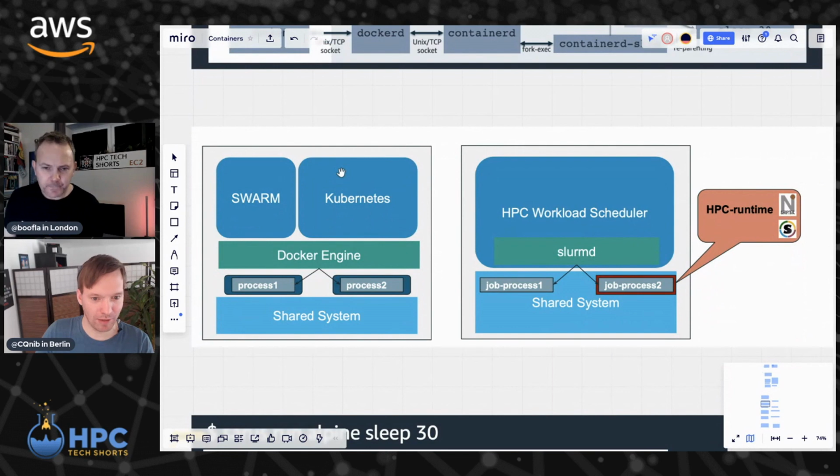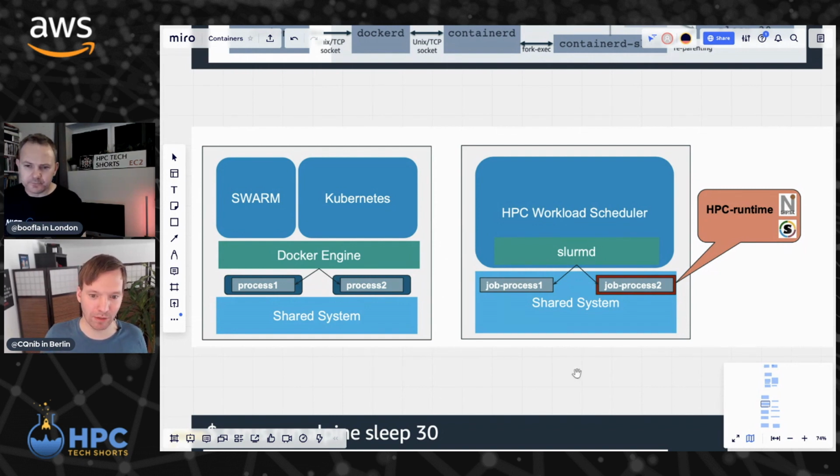You have the Docker engine in the middle. You have orchestration like Swarm or Kubernetes, also ECS, EKS. These are all orchestrators that can run and drive containers. But the containers you create are not meant to be created in a shared system, like a multi-user file system with different users, because it's not designed for that. As we saw last time, you can command the container to be constrained or less constrained. And if we look at the right-hand side, what scheduling means for HPC: